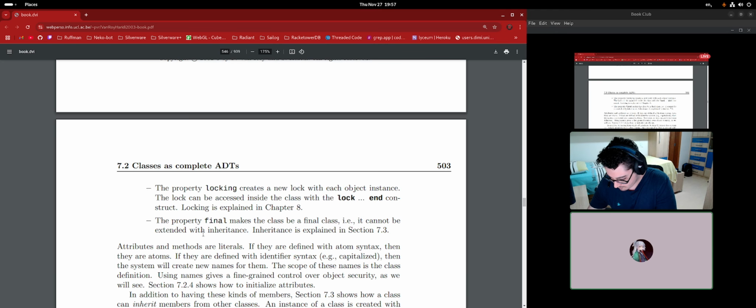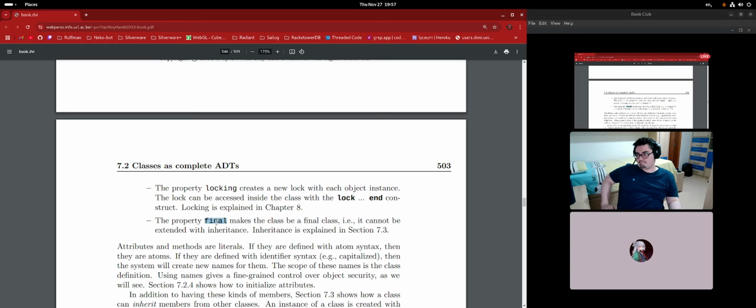Don't quote me on this, but I think Java calls these things the same concepts, like modifiers. You can add a final modifier to a field declaration, for instance. Protected, I also think it's a modifier. The property locking creates a new lock, so this is just an example. So these are basically like, that's for concurrency, yeah. No, not specifically this example, but the locking example and the final example, they are examples of the phenomena of